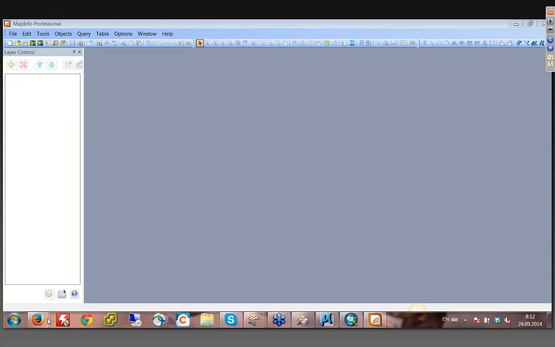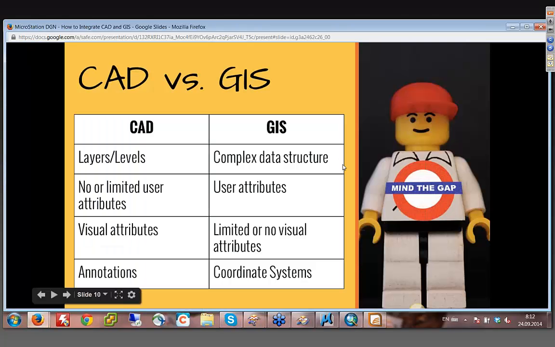Let's show my screen. And so first of all, let's take a closer look at the differences between CAD and GIS data. The first thing that comes to mind is probably the data structure. In CAD, the features or objects are usually split into layers or levels, while GIS data structure is more complex. It might include additional rules, and